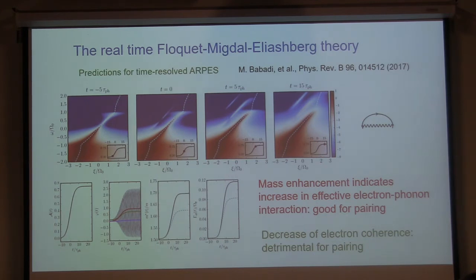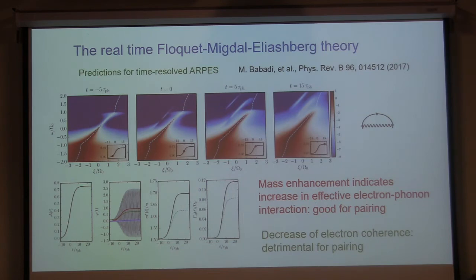Then, as time progresses, the spectral function, okay, it may be harder to see on these plots, but the slope changes, the kink is getting larger. Well, this is sort of amplified here. The fact that we have a different slope close to the Fermi surface means that we have a different mass. And the stronger the electron-phonon coupling, the larger the mass. Right? So if we look at the effective mass as a function of time, which is basically measuring the slope of this line, you can see that the effective mass actually increases.